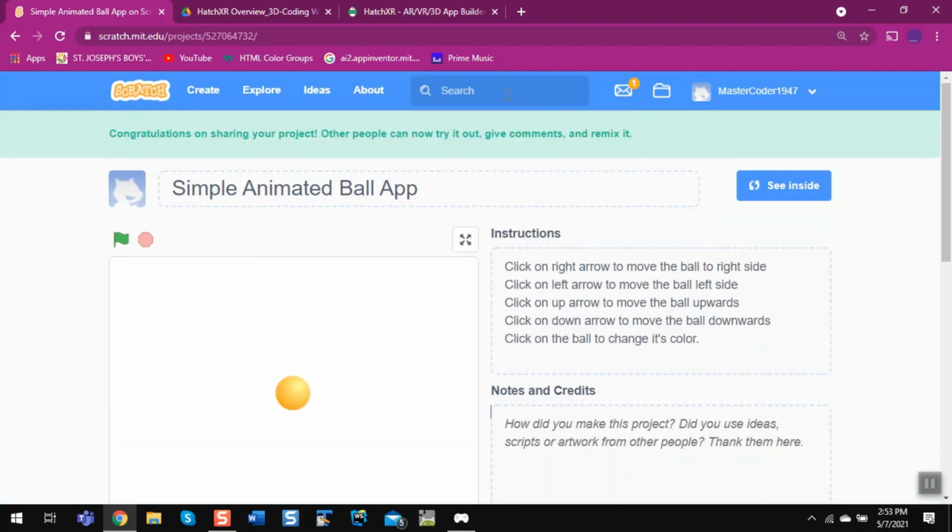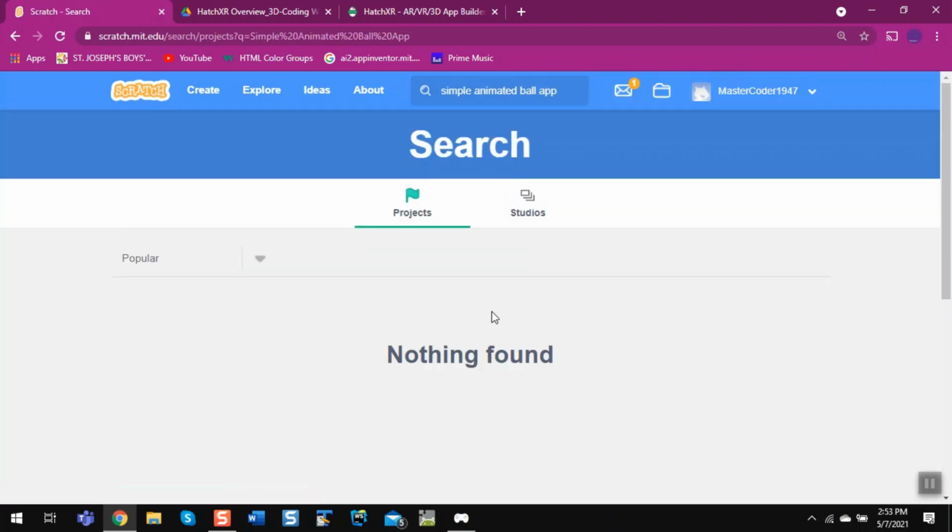Now I'm going to search here the name of the app, simple animated ball app. Right now nothing is found here, because it takes some time to publish, so that's why nothing is found here. But if you check it after some more time, you will find it here.